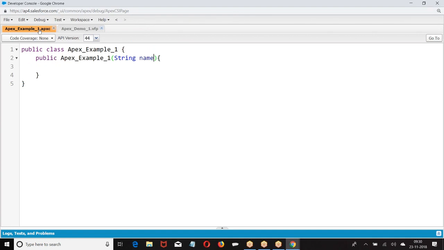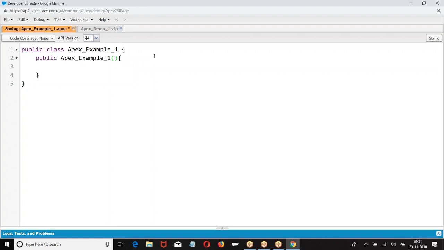If you pass a constructor with a parameter, it will not accept it. So it should be a constructor with no parameters. I hope you are good.